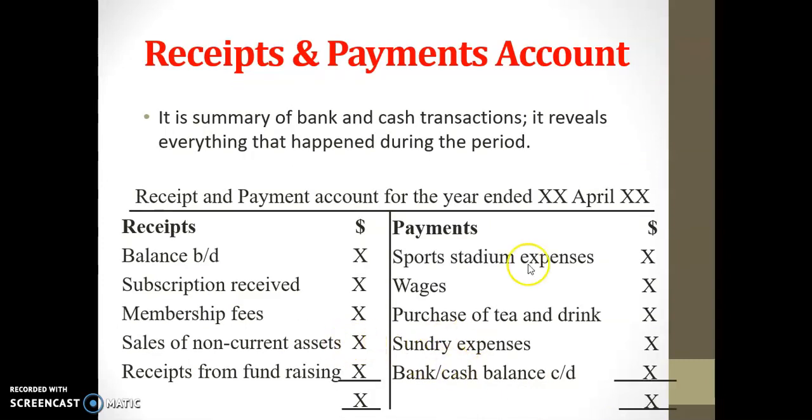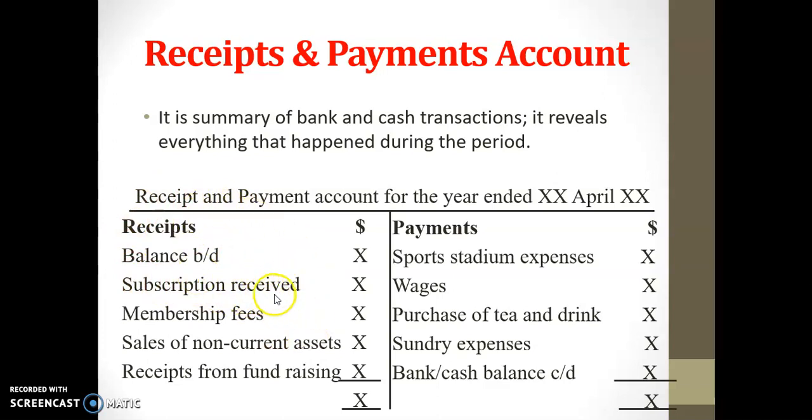This is an example of what the receipts and payment account may look like. It's a summary of the bank and cash transactions. That's what the receipts and payment account is, a summary of bank and cash transactions, and it reveals everything that happened during the period. So on the left side, you have your receipts, and receipts will be all monies coming